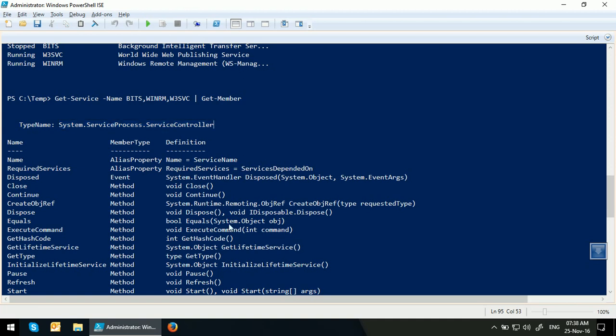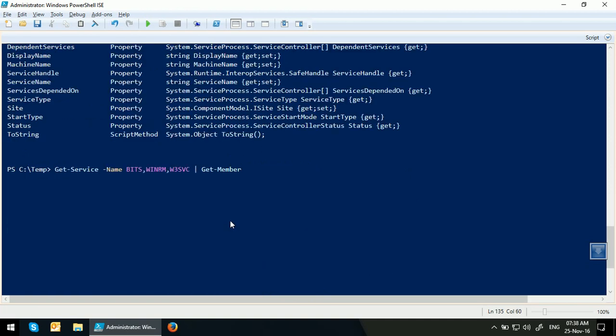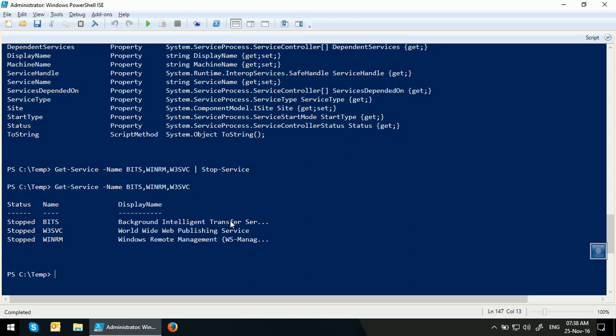Now, if you try to pass the output of this command to, say, Stop-Service, now if you check the results, all those three services are now in the stopped state. Similarly, if I pass the output of this command to Start-Service,